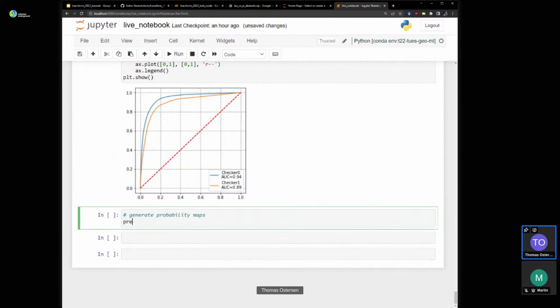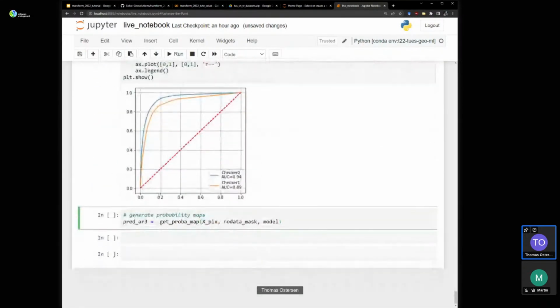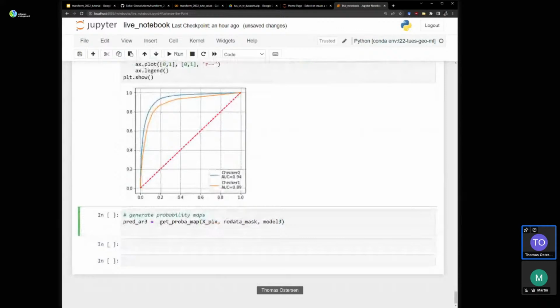So pred R3 equals x6, no data mask, model, it was model 3, and R4, get... come on... 4.